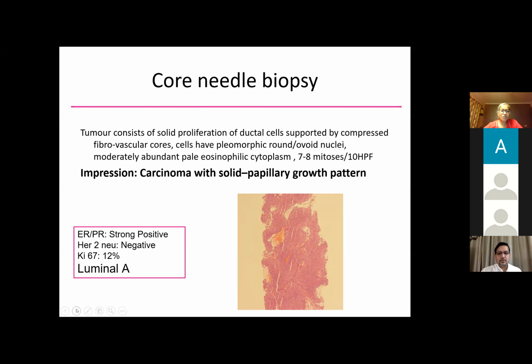So there are two things. One, there is another lesion which is seen in the outer quadrant, which is a small one. But in the chat, it was answered that this is possibly a simple cyst, so we can ignore that. Also, this is an ACR grade C, so possibly MRI may also be needed. If this is the solitary lesion, then I would go, as Dr. Tanuja also suggested, with breast conservation and sentinel node biopsy.